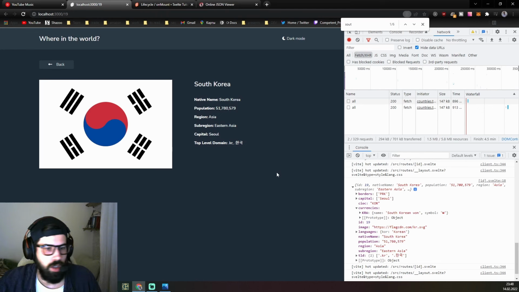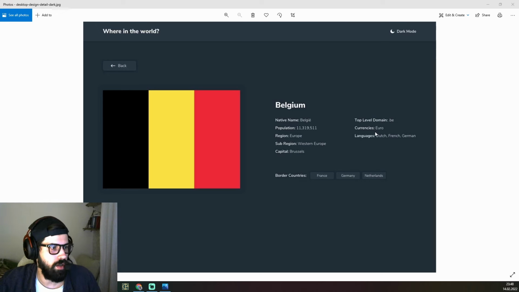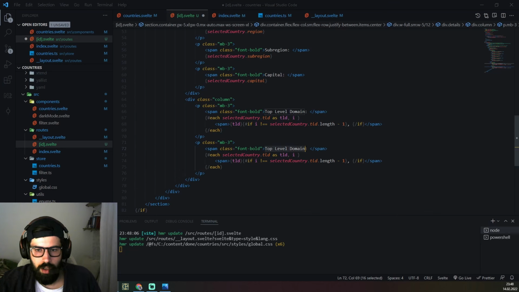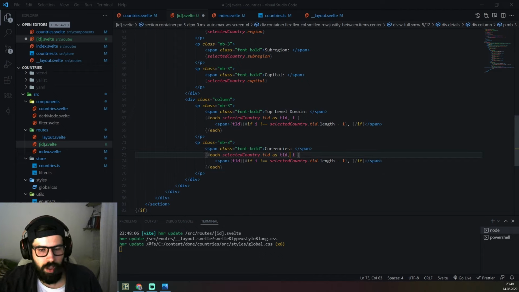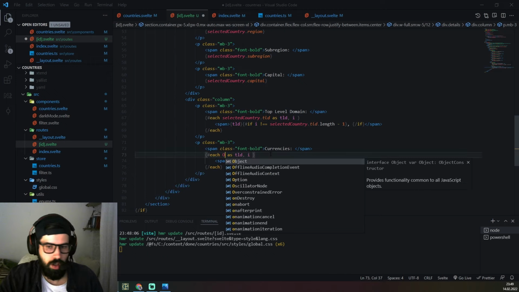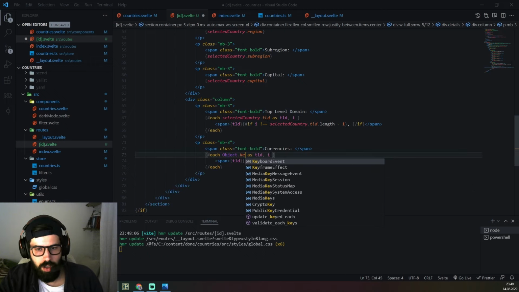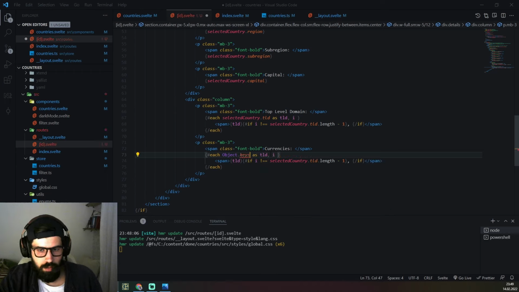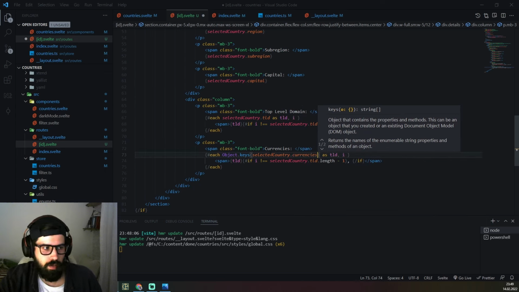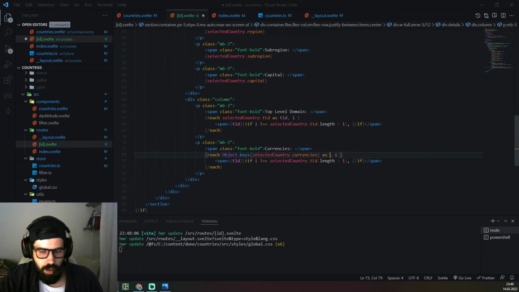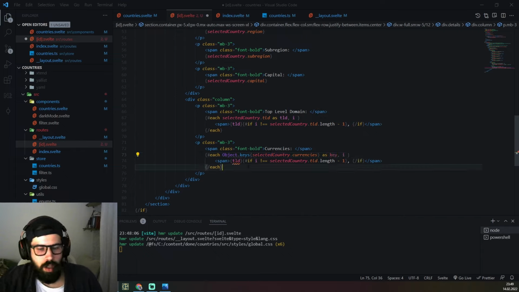So it's going to be tough. Currencies here, and each is good for us, but we're going to use Object.keys, and inside of it we put currencies like that, and as key, and then